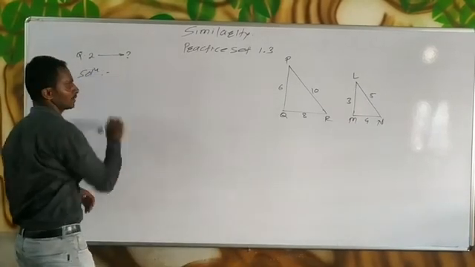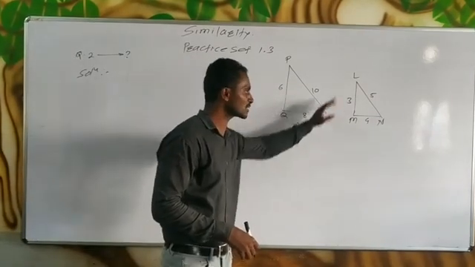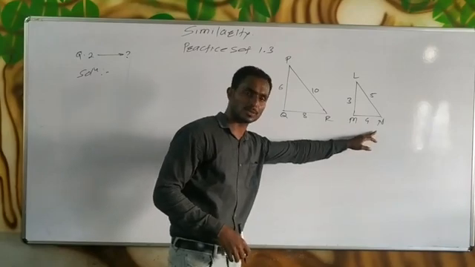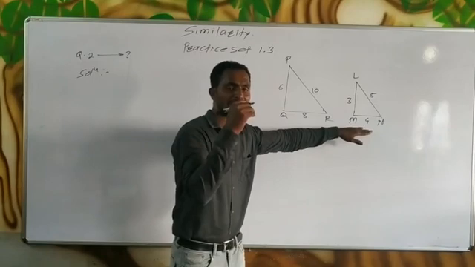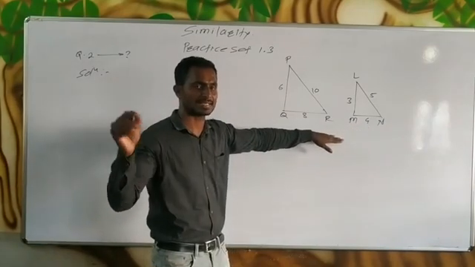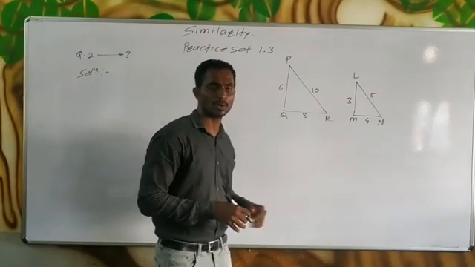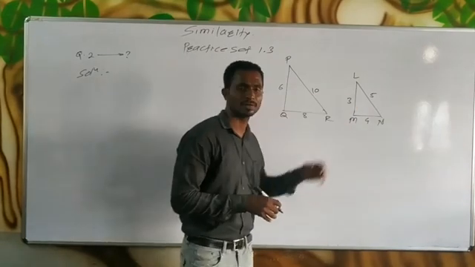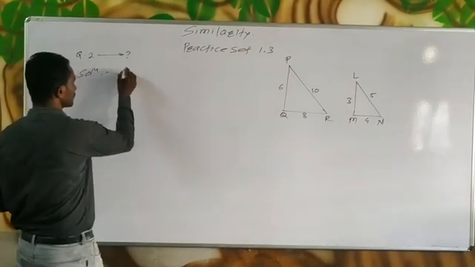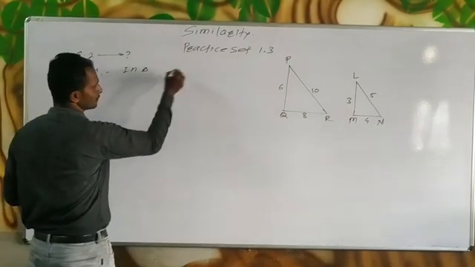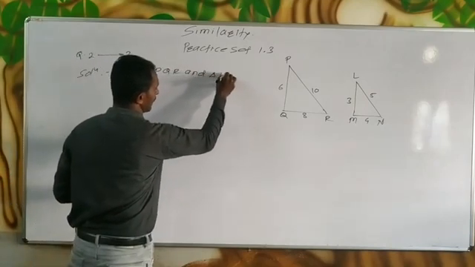In the solution, we can verify here that all three sides of triangle PQR are given as well as all three sides of triangle LMN. We know that we can verify whether these two triangles are similar according to the SSS test. But for the SSS test, we first have to find the ratio of all three sides of both triangles. So here we can notice, first of all, in triangle PQR and triangle LMN,